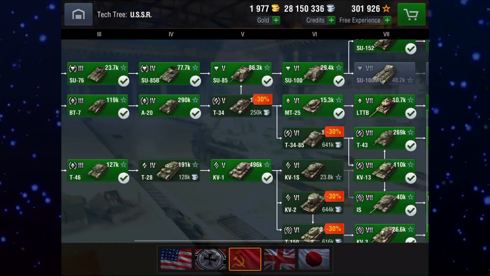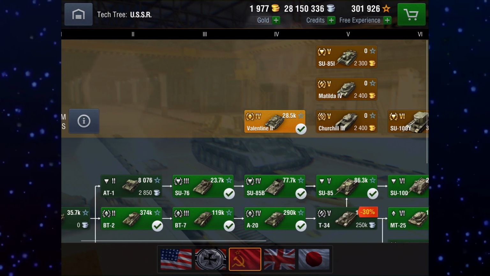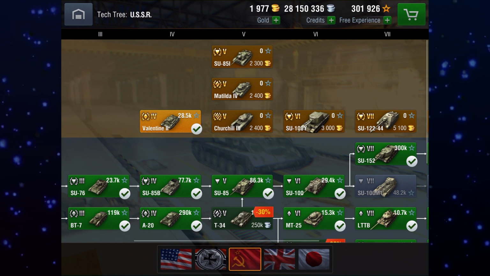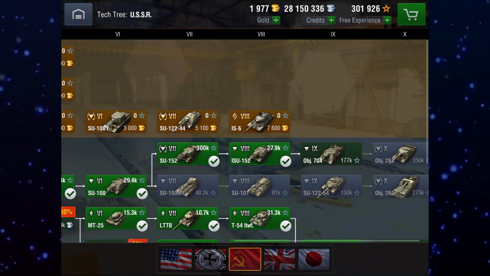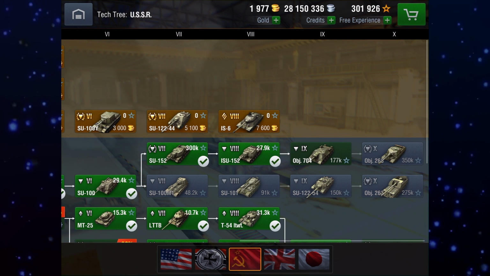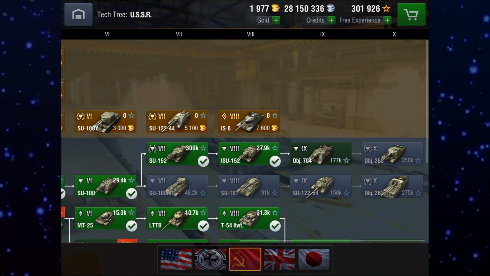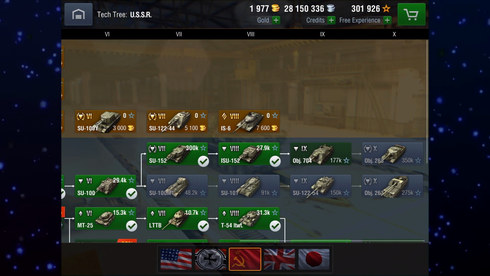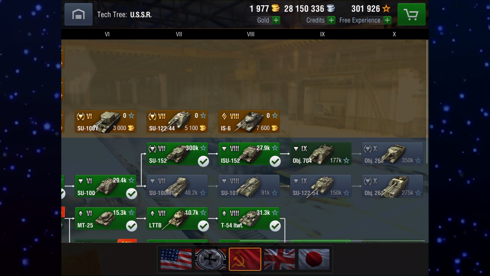Let me just pull up the tech tree real quick and show you where this line heads. You can see here, starting with the AT-1, SU-76 is the tank that I am talking about today. It's going to take you through the SU-85 to SU-100. As you can see, I haven't really broken down into the lower tier SUs yet. I know those are very maneuverable and also have some very good armor. Going to start trying to get into that line pretty soon, but you can see here I have worked my way into the SU-152 and ISU-152, which come with the